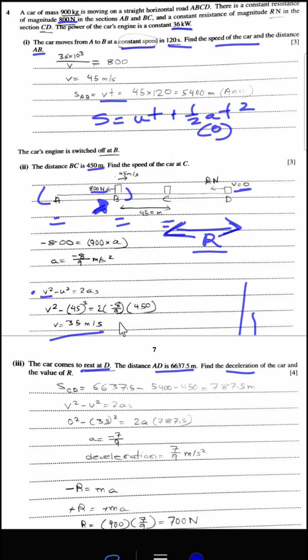So velocity at C is 35 meter per second, the velocity at D is 0 meter per second. So v square minus u square is equal to 2as, and we can use this expression to find the value of a, but the distance CD would be distance AD, that is the total distance, minus distance AB and BC,